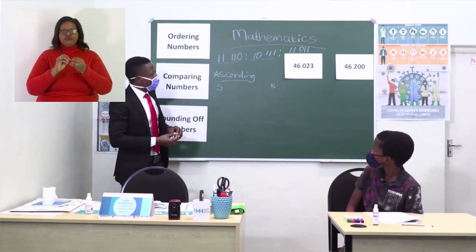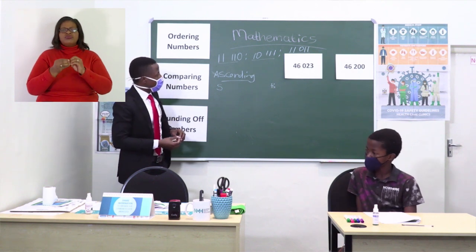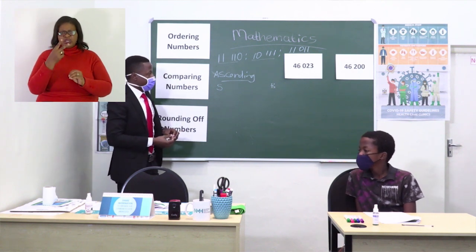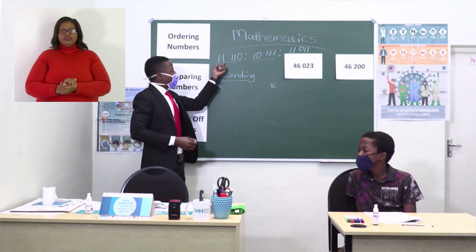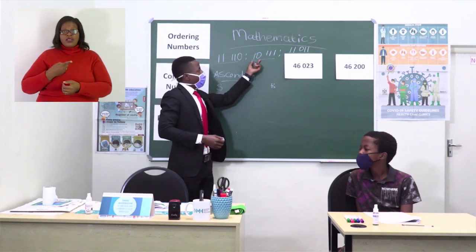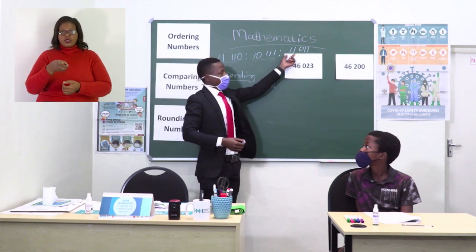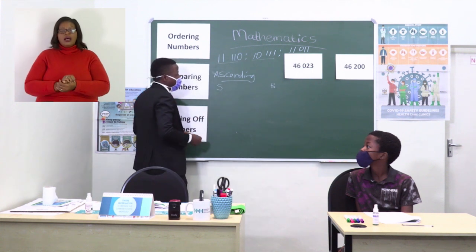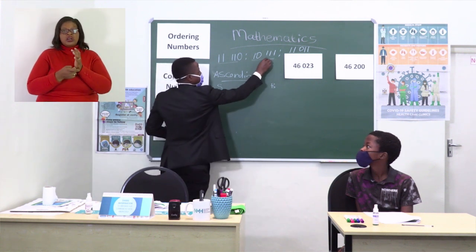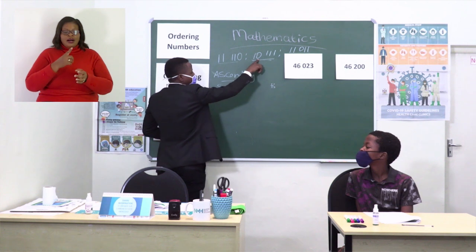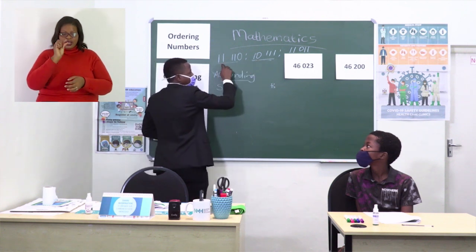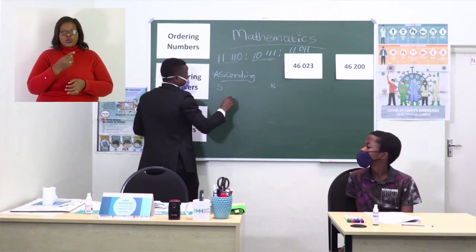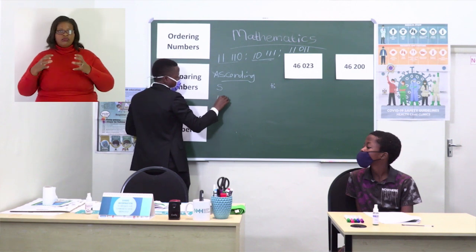Which number could you consider to be the smallest number? Here I'm having 11,110, I have 10,111, I have 11,011. So in that manner, I already know that this number, 10,111, is smaller than 11,110 and 11,011. So in that manner, I'll start with